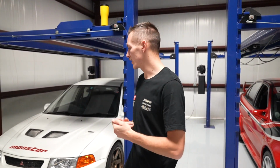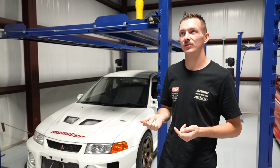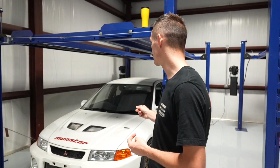White Evo, if you guys remember, the last time I used it was at the track at the firm, and it started having a weird breakup issue. I ended up diagnosing it is not a compression issue. It doesn't appear to be a head gasket issue. We're thinking maybe one of the drivers on the ECU is bad, so we're waiting on someone to send an ECU up for this car to test it, diagnose it,